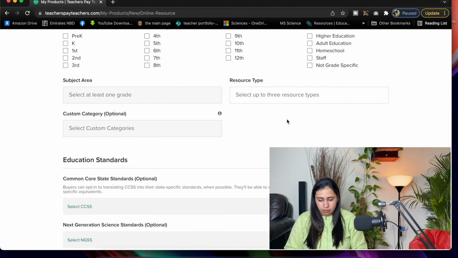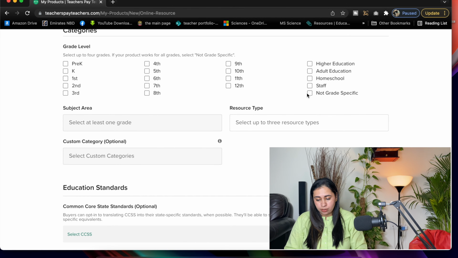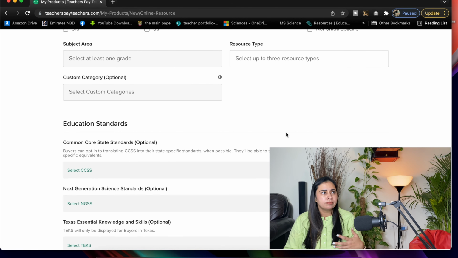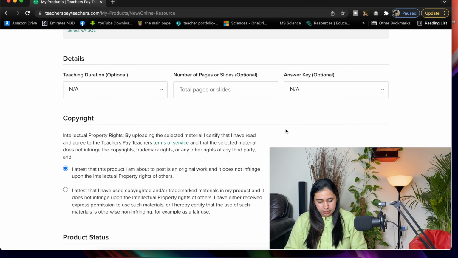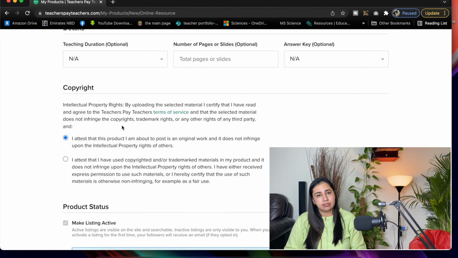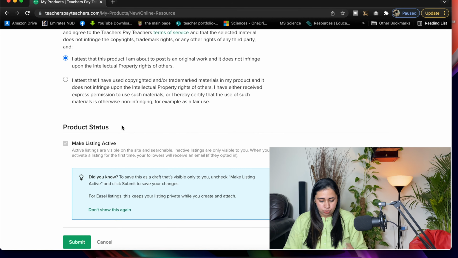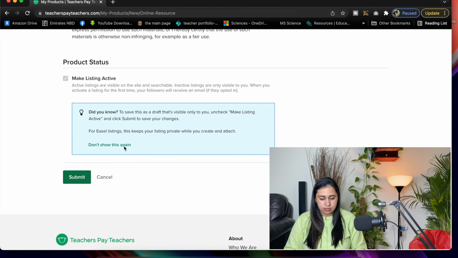If you are sharing a template, you can choose not grade specific, like maybe a behavior sheet, so you don't have to choose a class for that. You fill in all these details, and you choose whether you want to claim any copyright, and then you just submit.